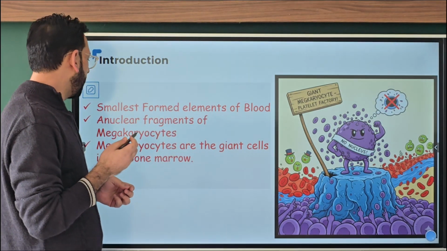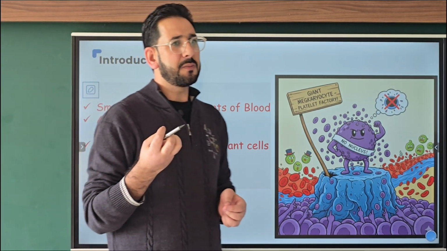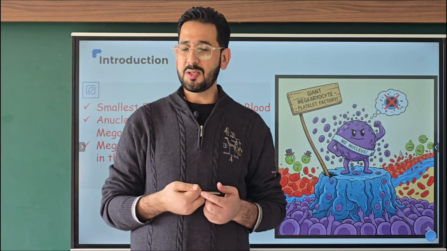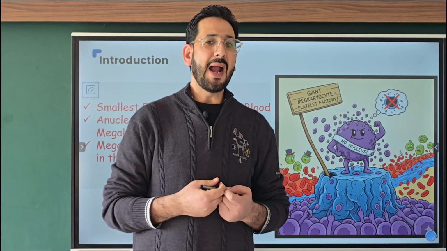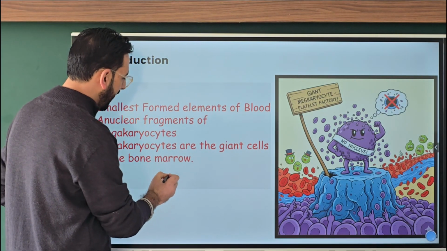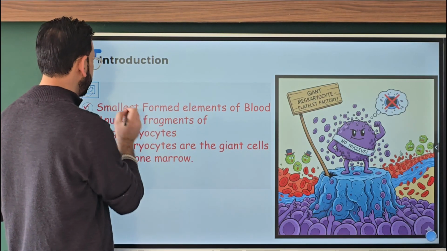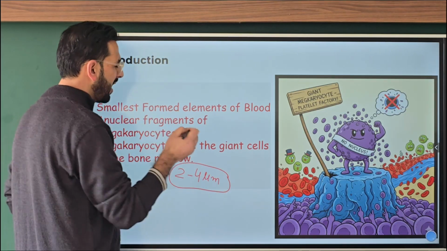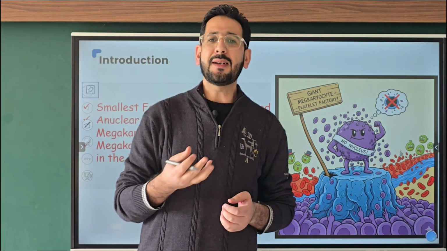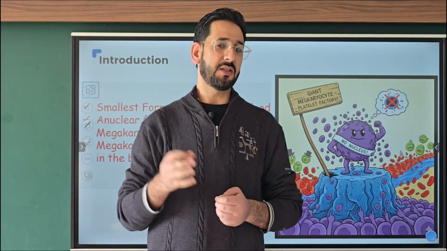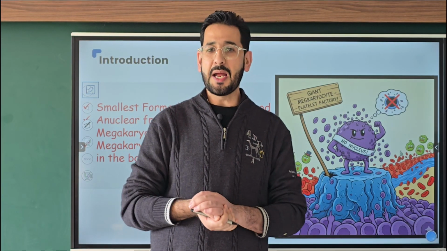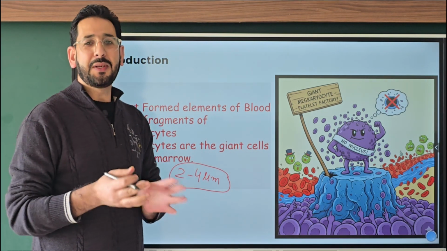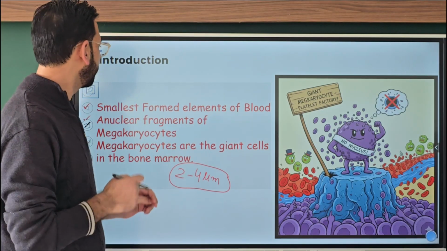Now, as platelets are cell fragments, they are anucleated. There is no nucleus present in the platelets, and these platelets are about 2 to 4 micrometers in diameter. So we can say that 2 to 3 platelets can fit in one RBC, because we know the RBC average size or diameter is 7.2 microns. Based on this, 2 or 3 platelets can fit in one RBC.